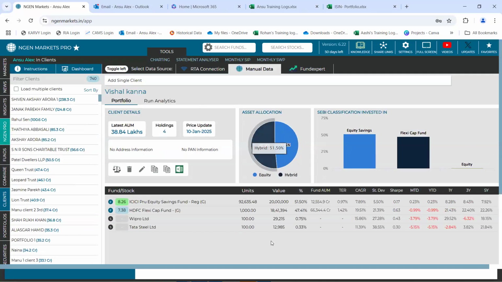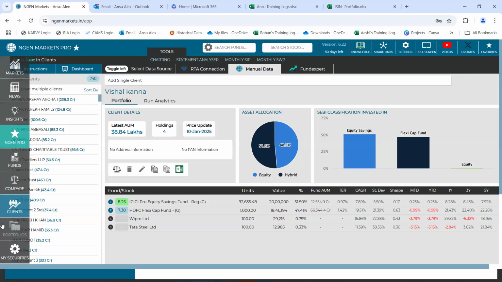And the entire dashboard that we had seen for a single client in the RTA connection tab will also show up in the manual data tab. All you need to do for a portfolio analysis would be just clicking on run analytics to go forward with a detailed portfolio analysis that way. So these were our two methods of onboarding client data onto the platform in the clients tab. Next method